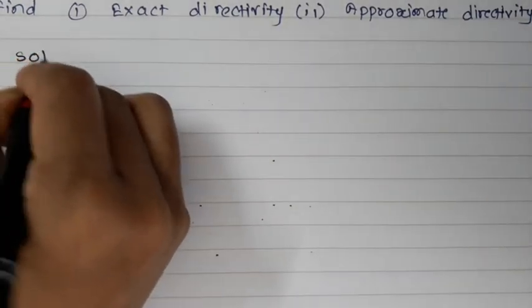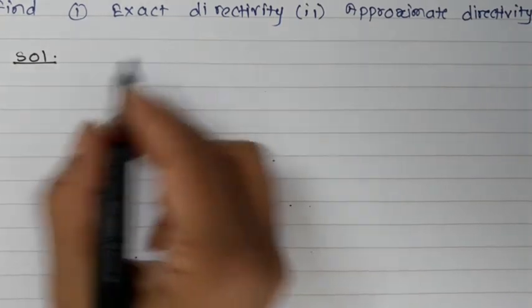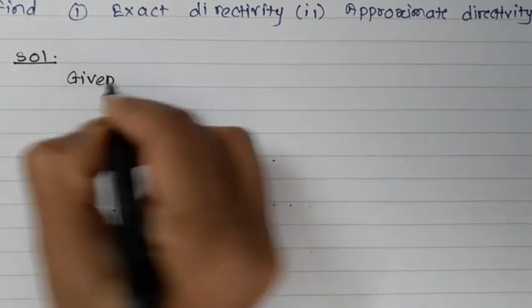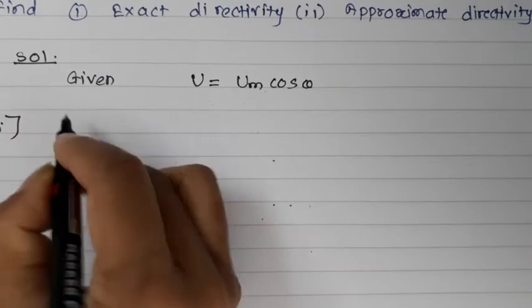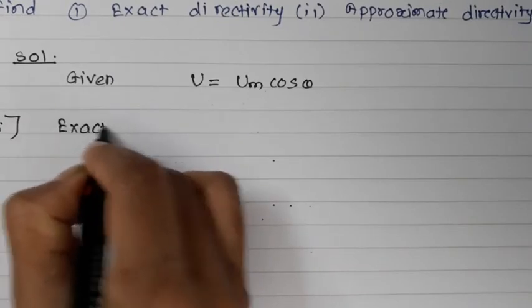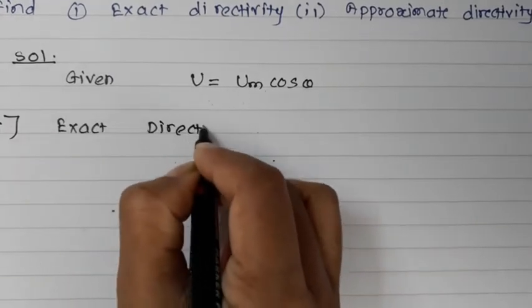So let us see the solution of this particular problem. What is given in this particular thing? U is given, Um cos of theta. So this thing is given. Now the first thing which we will find is nothing but the exact directivity. So to find out the exact directivity,